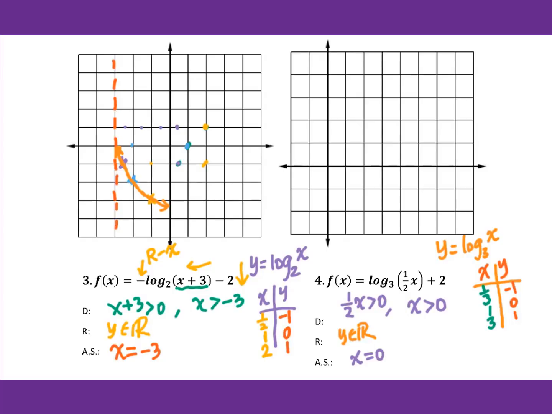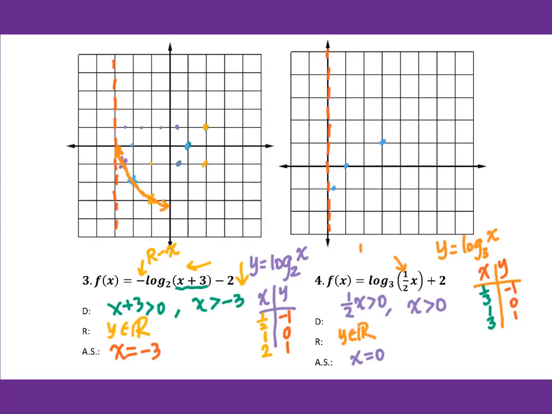We will draw asymptote line. X equals to 0 means y-axis. Then we will find these 3 points. 1 over 3, -1. This point. 1, 0 is here. 3, 1 is here. Then for the transformation,